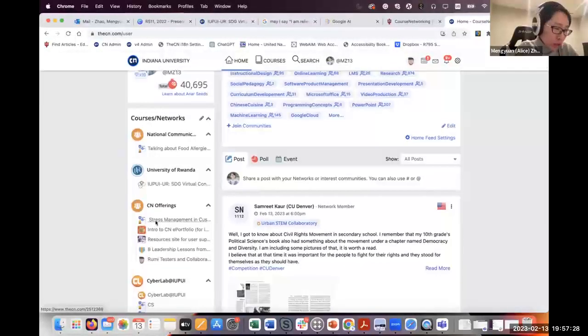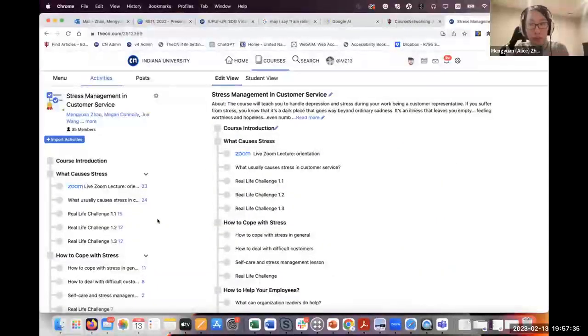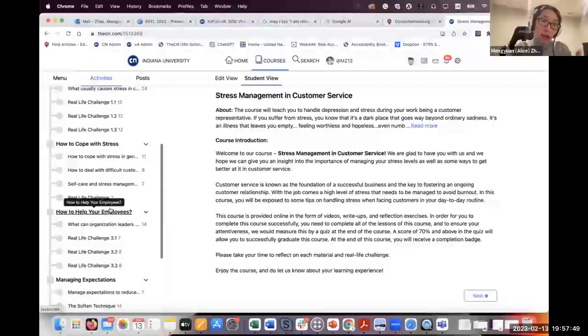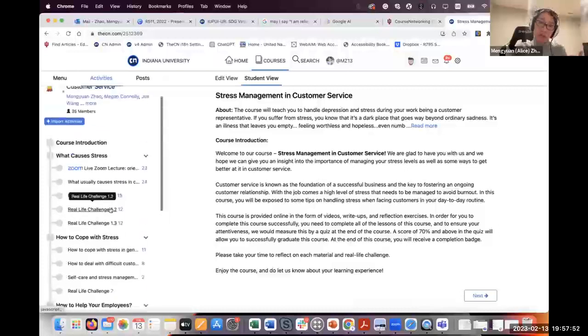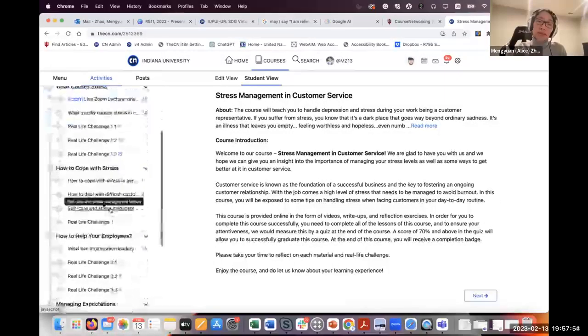And about 3 years ago, during the pandemic, we realized how important it was to support learning professionals and also fully online programs and courses. So we came up with the second LMS format. It's called Pathway, and I'm in the instructor view of it. So the Pathway LMS in CN has a very streamlined structure. You probably see this structure in many other MOOC course platforms like Coursera or Udemy, right?